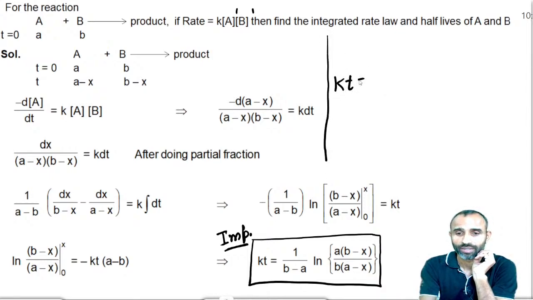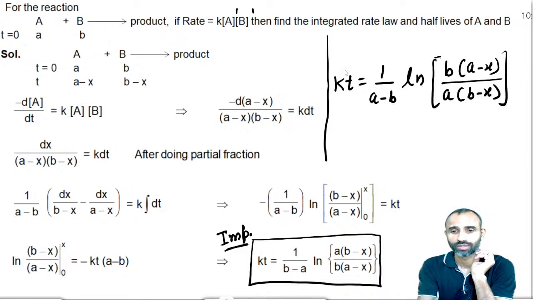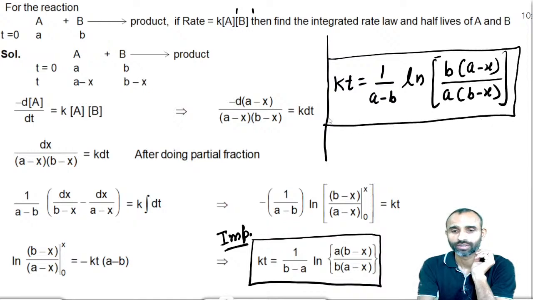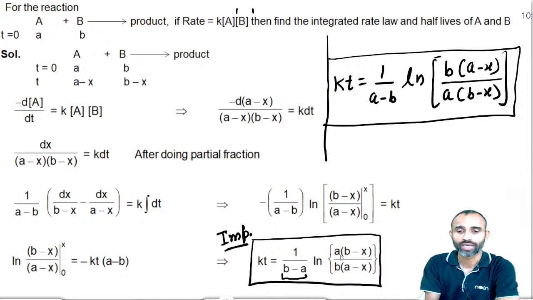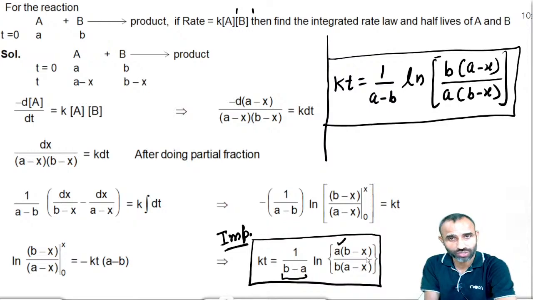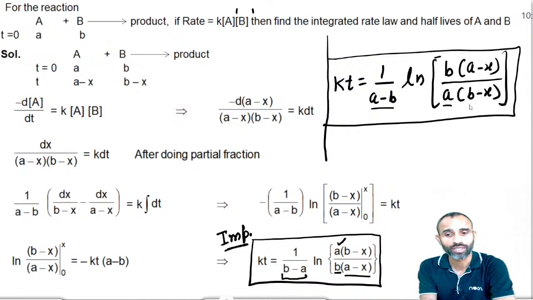natural log of B into A minus x. If we write it like this, A minus B, then it is natural log B into A minus x divided by A. Write in both ways, either write B minus A or A minus B. If you write B minus A, then it is A into B minus x divided by B into A minus x, and if you write A minus B, then it is B into A minus x divided by A into